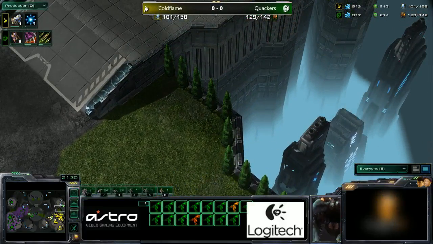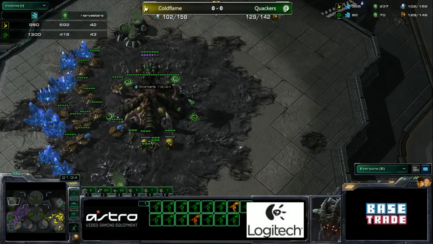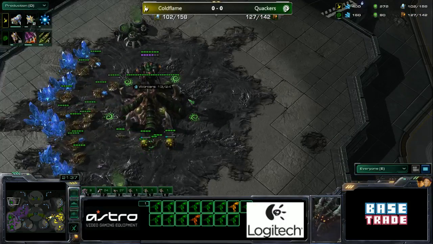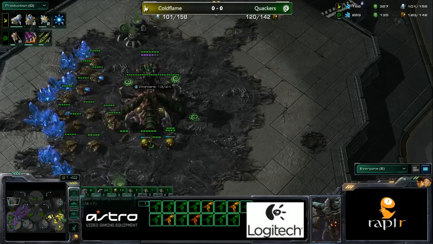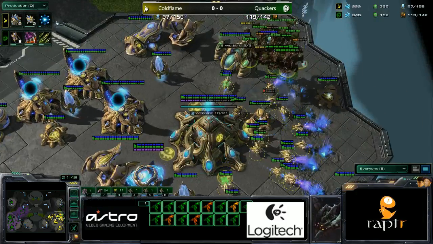Yep. He's got the air advantage, so if Colossus even were to come out on the map, they would get completely squashed. The Lings are continually pressuring the Protoss player as well. Oh, we have Mutas engaging this probe line again. There are 2 cannons here, but...